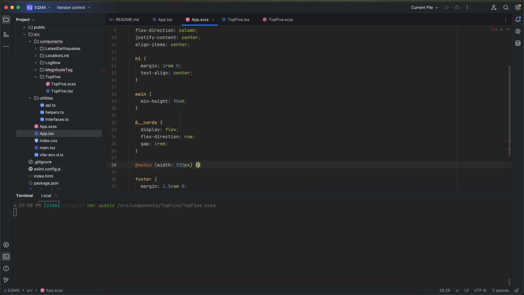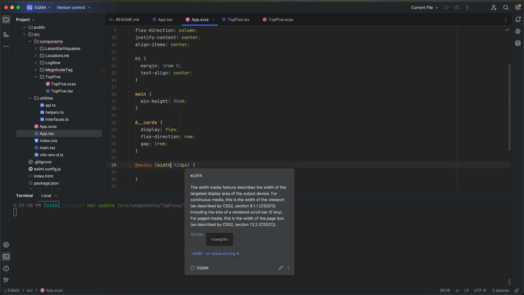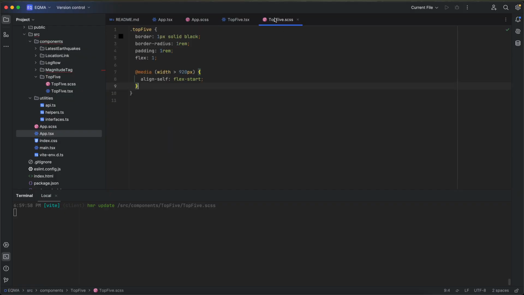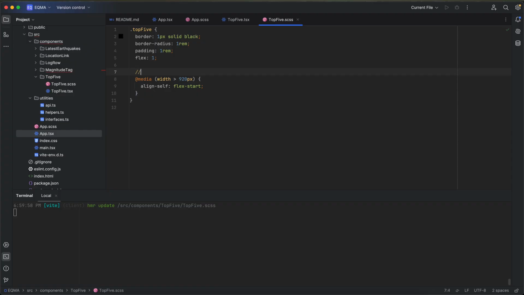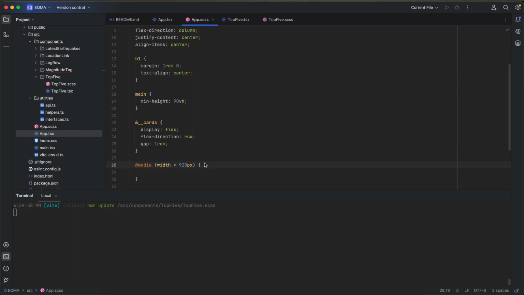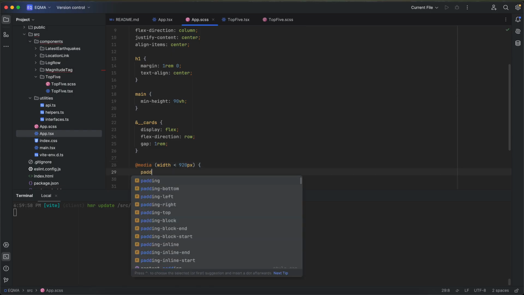So if it's less than, I also make it here like this. Okay, I can also write here: bug fix for desktop, growing card, and we can just put it here, and then we can change the padding,